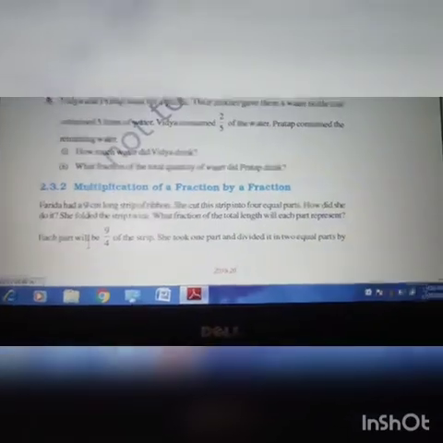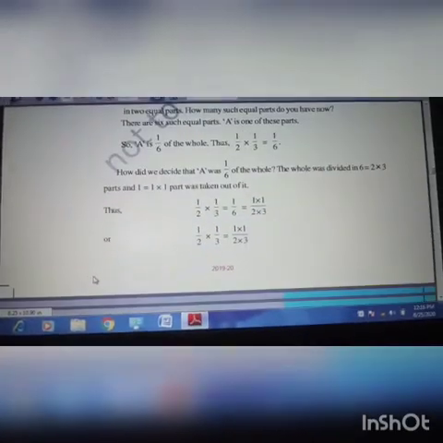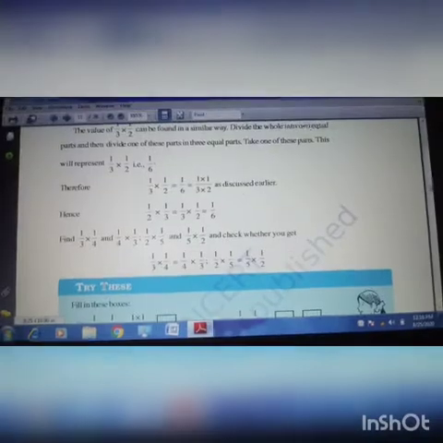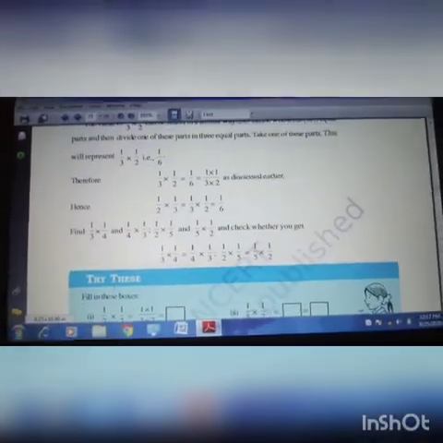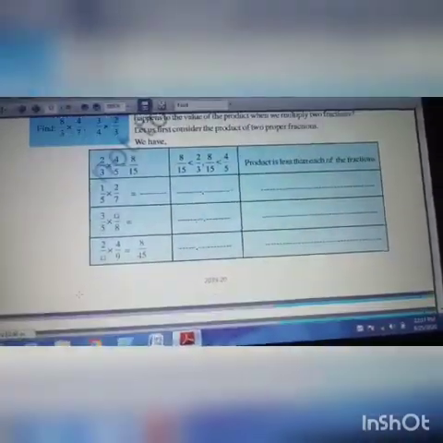Next is your multiplication of a fraction and a fraction. So we are going to multiply fraction as well as fraction. Last part was multiplying a whole number and a fraction. So here word problems are given, children. Just go through all those things and work out it. Okay. If you have any doubt, please take your fair notes.